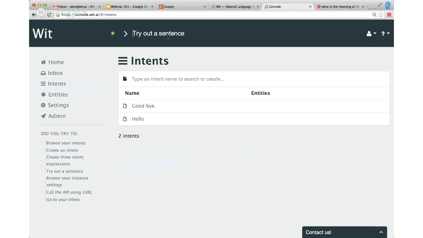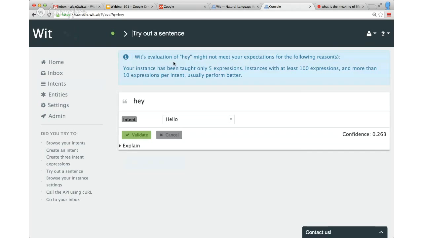Okay, so this instance, my virtual agent, knows only about hello and goodbye. For instance, if I say hey, I can type it here. This text box over on top here is the most important area of the console. You should start almost every action from there. You type something, press enter, and Wit tells you what it thinks it means. So hey was mapped to hello, okay, but if you look at the confidence here, it's very low, 26% confidence.